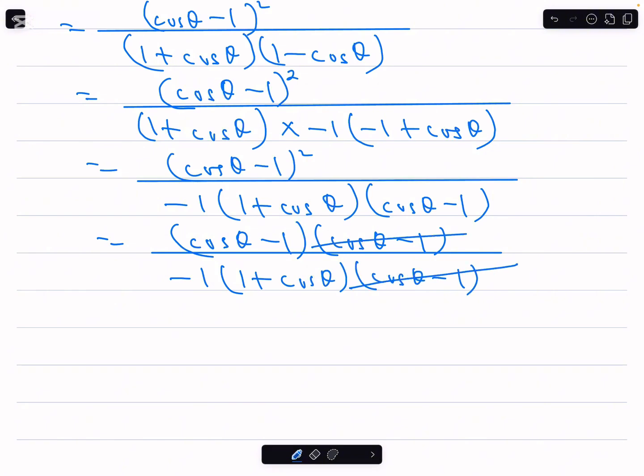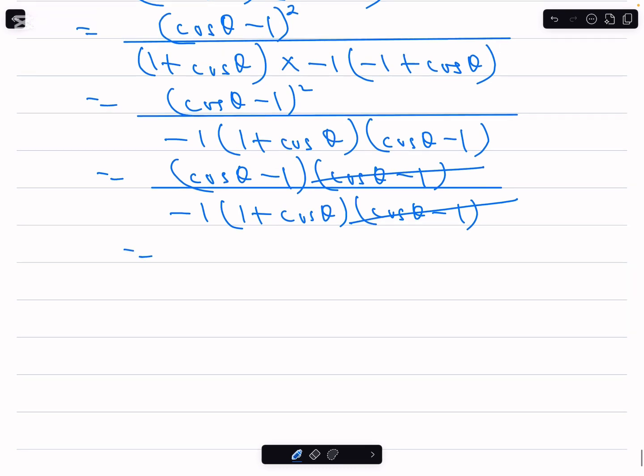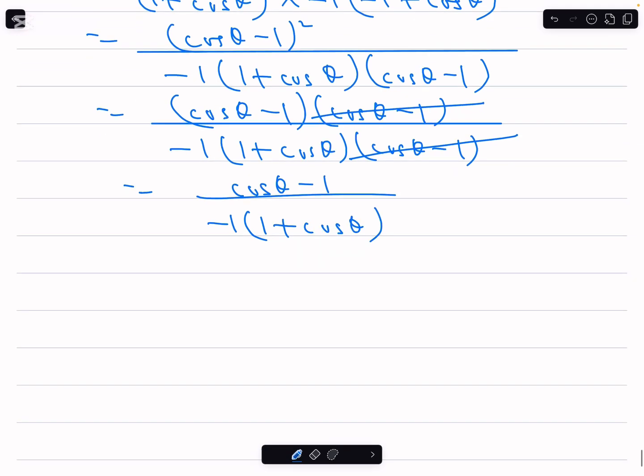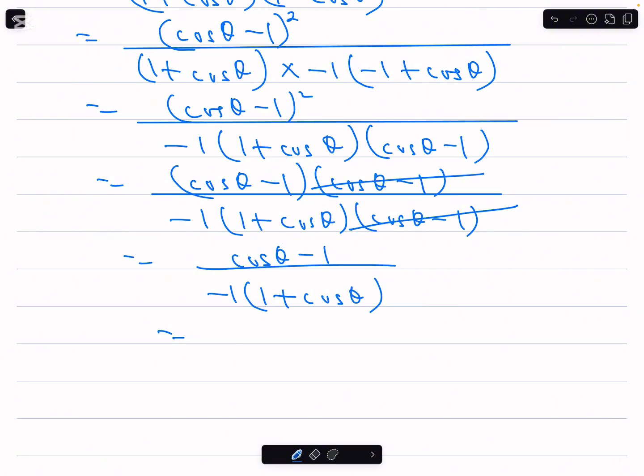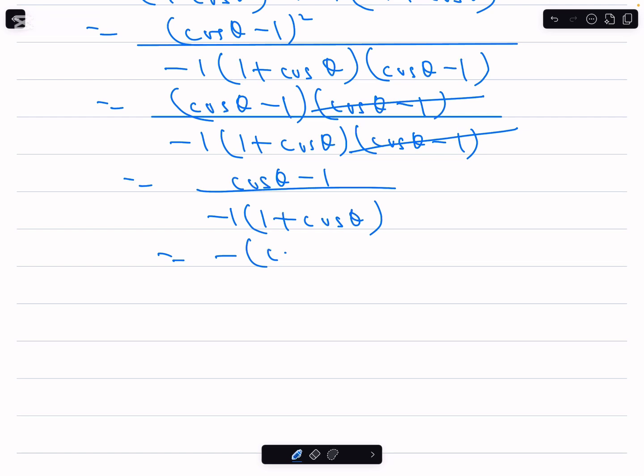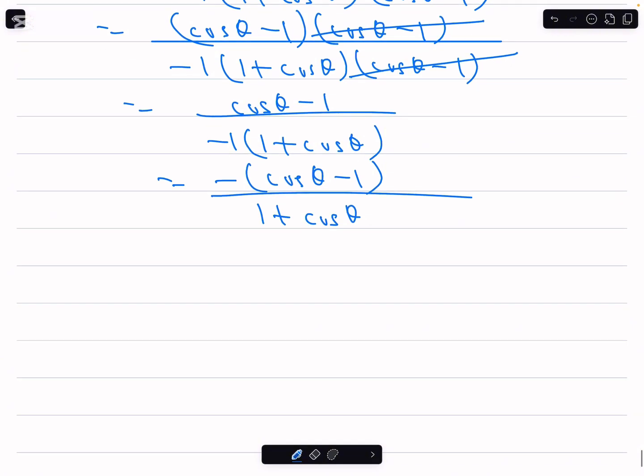Cos theta minus 1 cancels cos theta minus 1, and I'll be left with cos theta minus 1 over minus 1 into bracket 1 plus cos theta, which is equal to, now I can take the minus 1, of course, plus divided by minus is minus. That's the same as minus into bracket cos theta minus 1 over 1 plus cos theta,